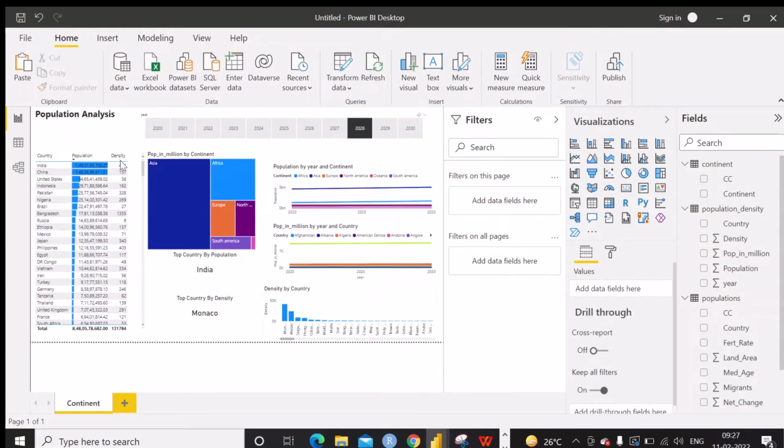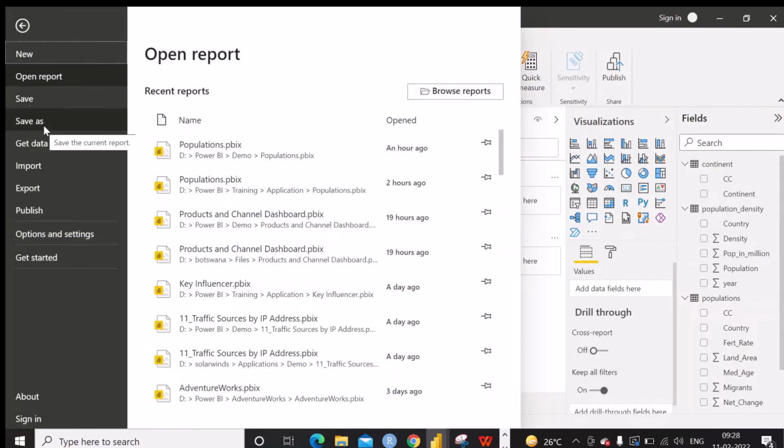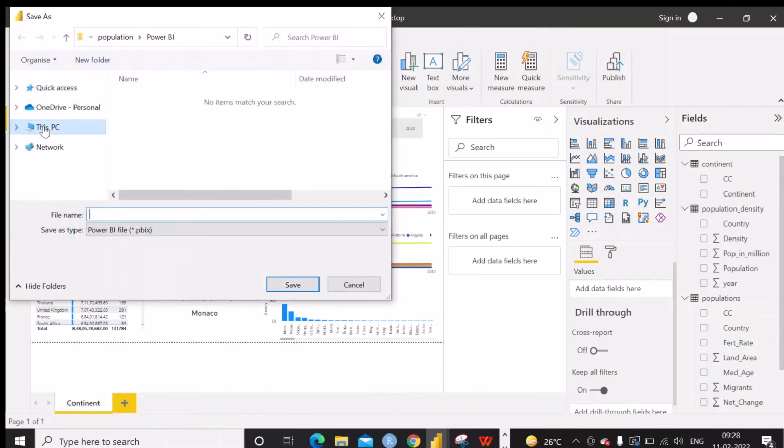Before then we can save this file, save as. Let us say it is world population analysis.